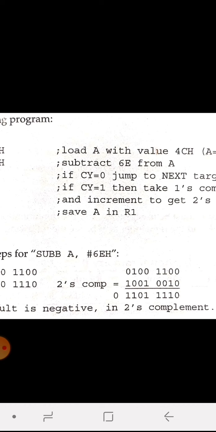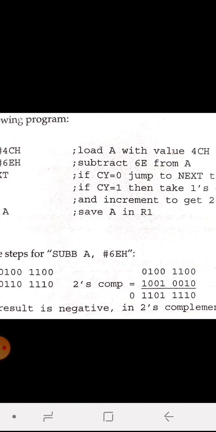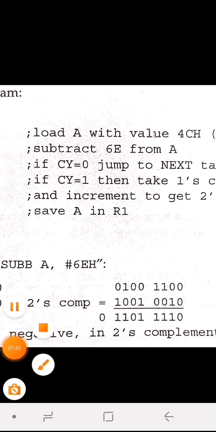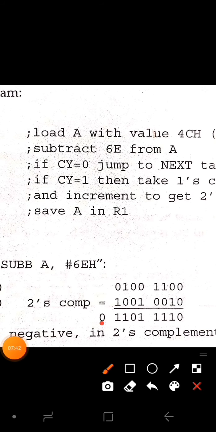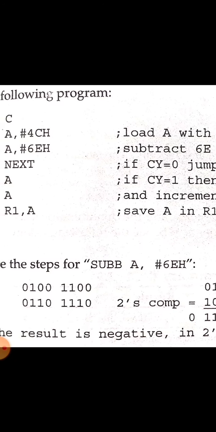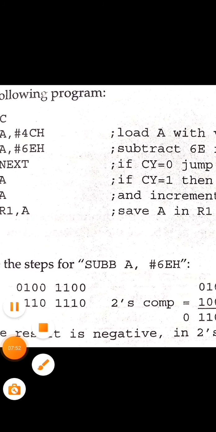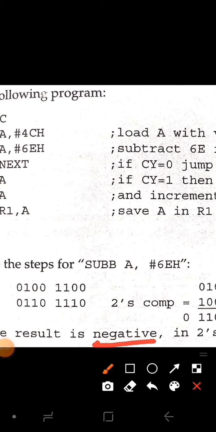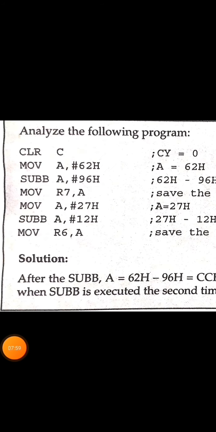Next we have to do the addition with 4C. We have done the addition also. After the addition you can see that the carry we have got is 0. Right. So now we have to execute the third step, that is inverting the carry. So inverting the carry gets you 1. So when we are having CY equal to 1, we say that the result is negative and the answer is in 2's complement form. Let's move on to the next example.